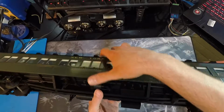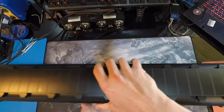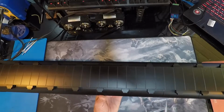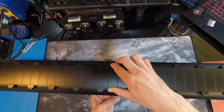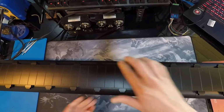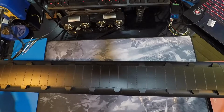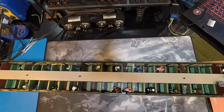And then flip it over. Try not to push the windows in with your fingers. That's one thing I had to fix on this one. The windows did fall in during shipping, so I had to re-glue those on this car. Heard that happens on a few of them, but the roof just slides forward and then lifts off, and then you're left with the interior,